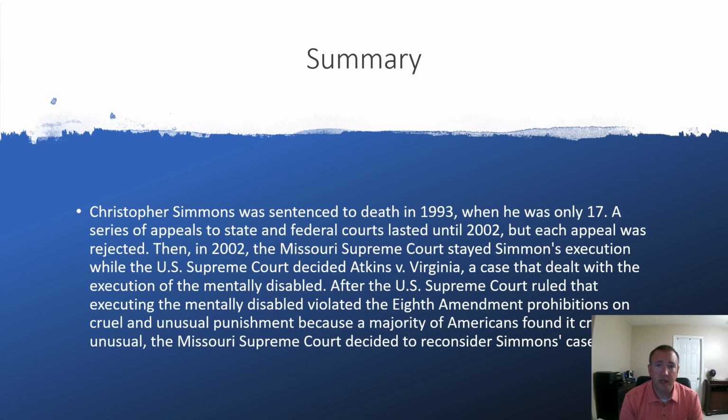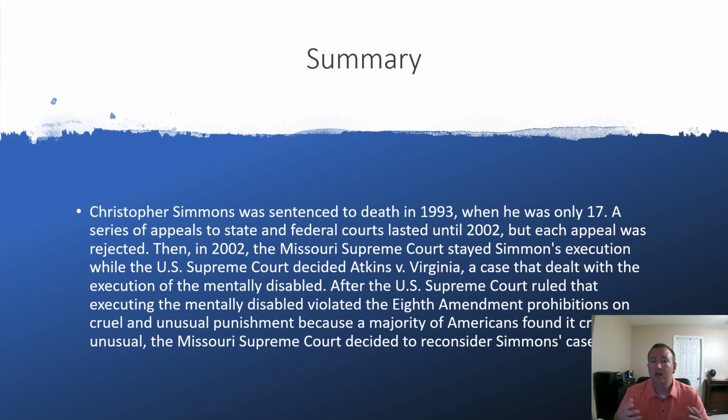But each appeal was rejected. Then in 2002, the Missouri Supreme Court stayed Simmons' execution, while the U.S. Supreme Court decided Atkins versus Virginia. Now, what I mean by they stayed is they held off. They're like, hold on, we're not going to do anything yet. Let's wait and see what the Supreme Court says about Atkins versus Virginia, so we know how to rule in